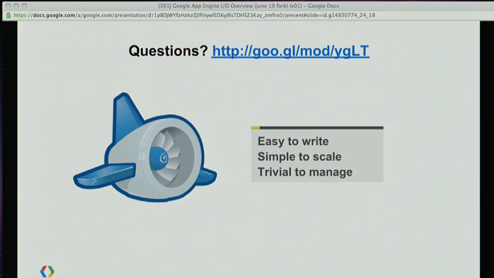So if by any chance you have no idea what Google App Engine is, this is what we strive for. We strive for a development platform in the clouds that makes it easy to write applications, simple to scale them to a global audience, and trivial to manage running them over time. The genesis for App Engine was the internal development stacks at Google and a desire by the founding team to package them into a form that lots of developers the world over can use.